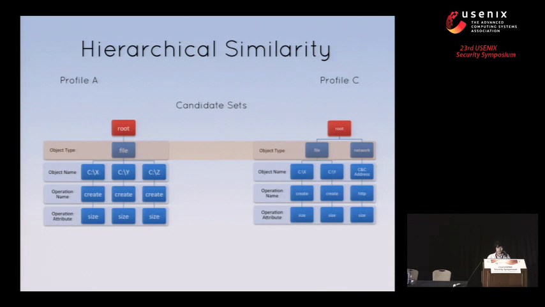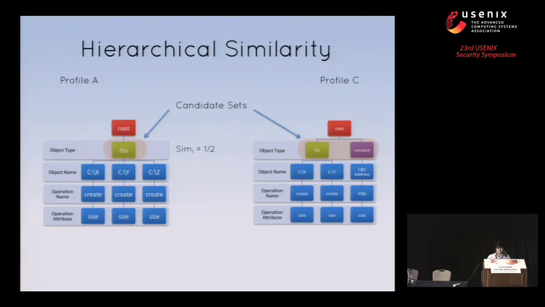By default, the root node is considered a matching node, and at each level the algorithm identifies candidate sets. Here, the candidate set is a set of nodes from the corresponding level whose parents are matching nodes. For example, in this layer, the candidate sets are highlighted because their parent, which is the root node, is a matching node. And once the candidate sets are identified, we compute Jaccard similarity and assign this intermediate similarity value to